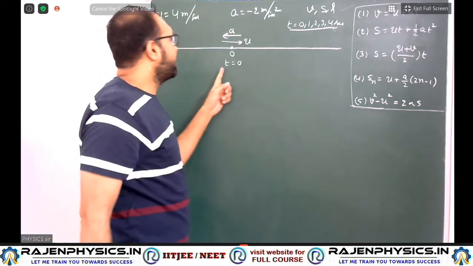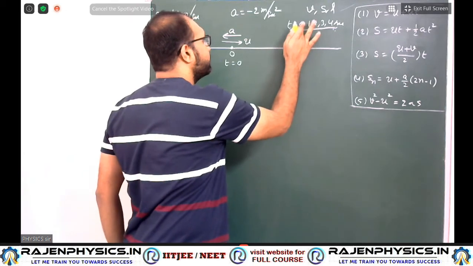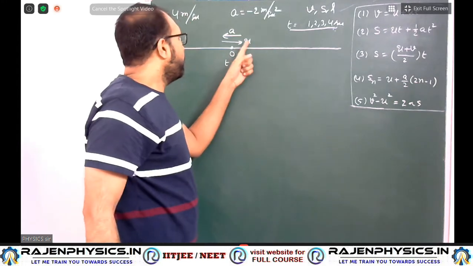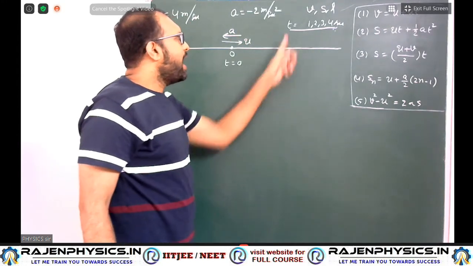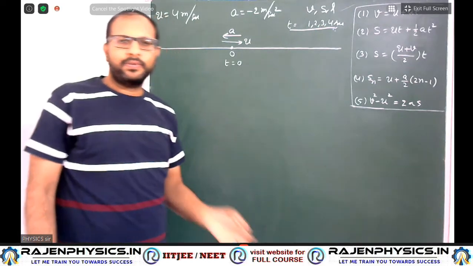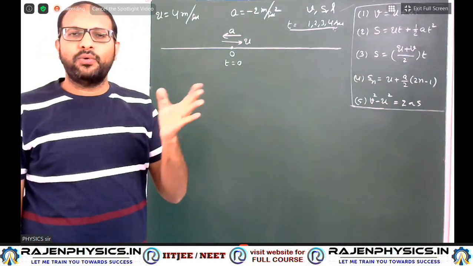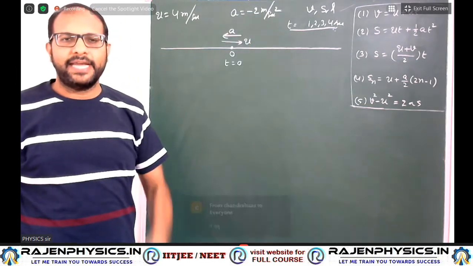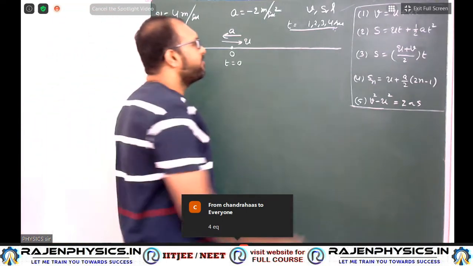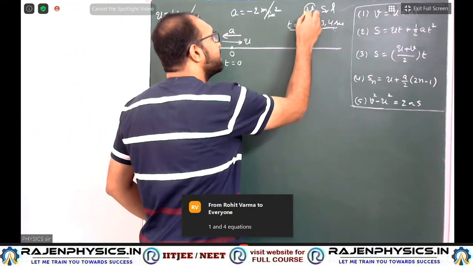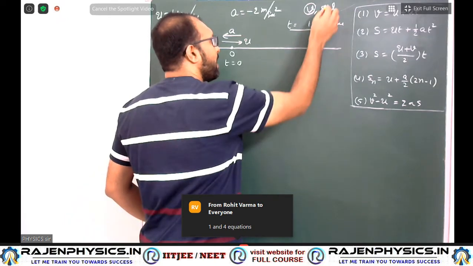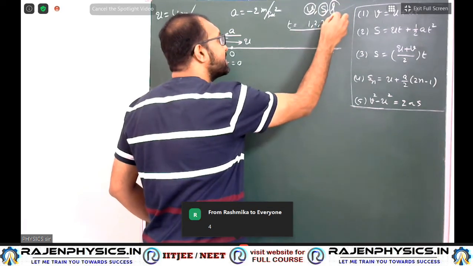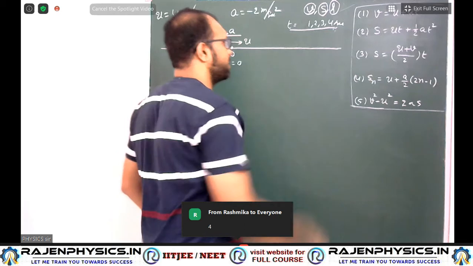Now t equal to 0, that is where our observation of the body starts. Velocity and acceleration are given, and at different times, students: time equal to 1 second, 2 second, 3 second, 4 second. So indirectly any time, any instant of time. First, velocity at different times. Next, displacement at different times. Next, distance traveled in these times.